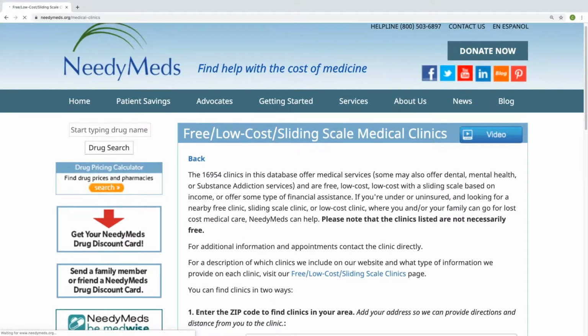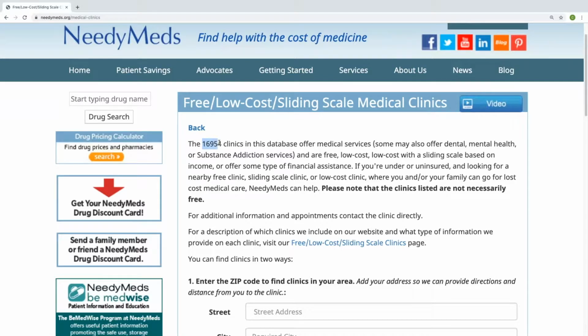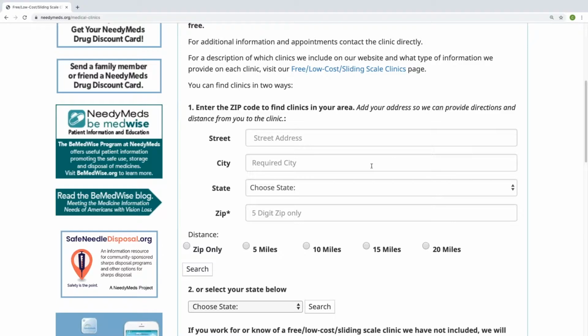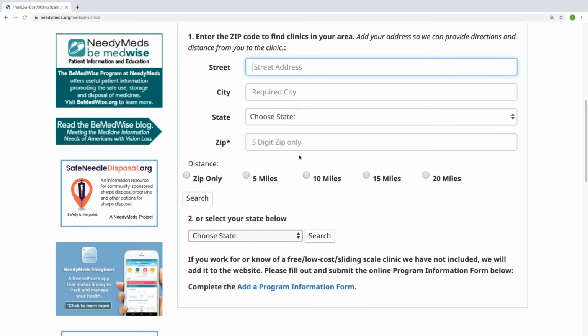hyperlink. As you can see, this is a pretty big database as it has just under 17,000 free, low-cost, and sliding scale clinics across our country. And you can search really narrowly if you have a patient or client that is looking for, for example, a medical clinic in their area. You can search according to their street address at home or their work address. You can search by zip code, or you can do a really broad search to see what's available in your